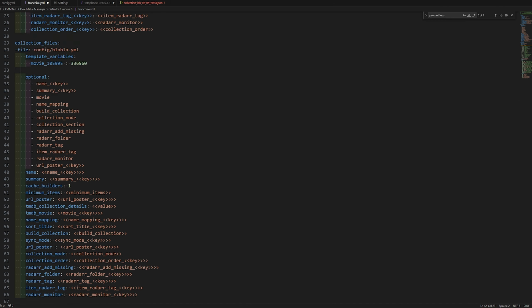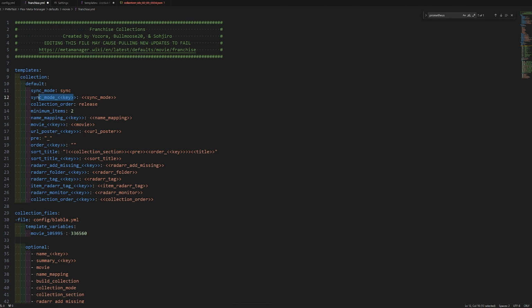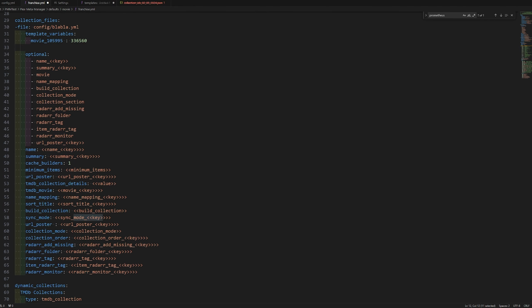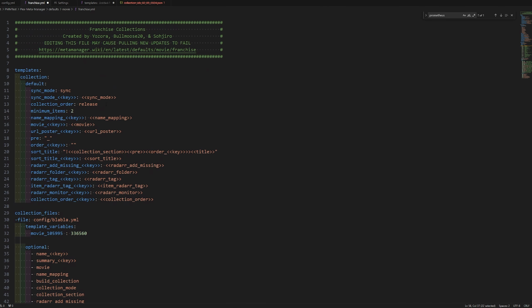you have sync mode key existing, right? If the sync mode key exists, then you can use whatever the user said. And if it doesn't, then you use the default sync mode key that I've given you here. So that's the thing that was really tripping me out when I was looking at the code. I was like, wait a minute. Sync mode key says sync mode. So wouldn't